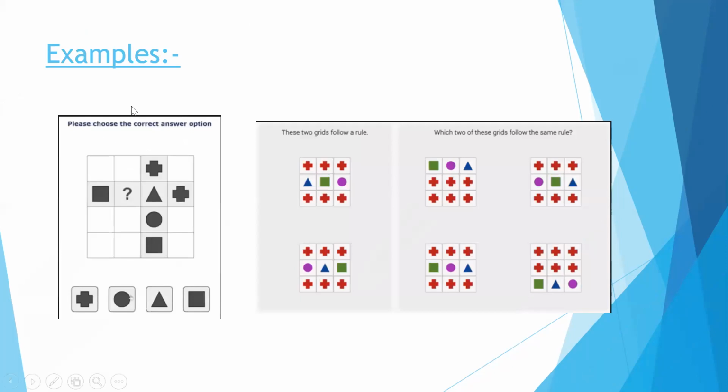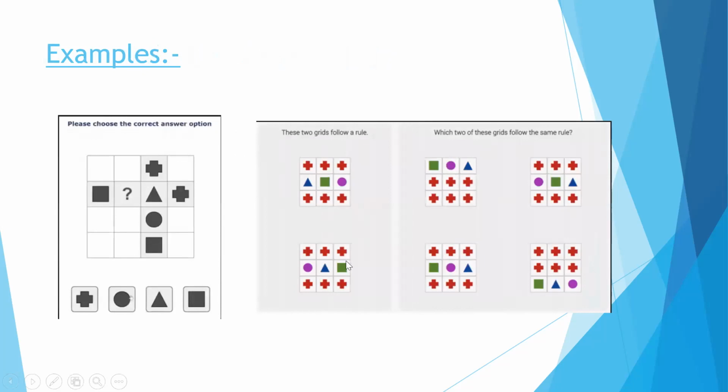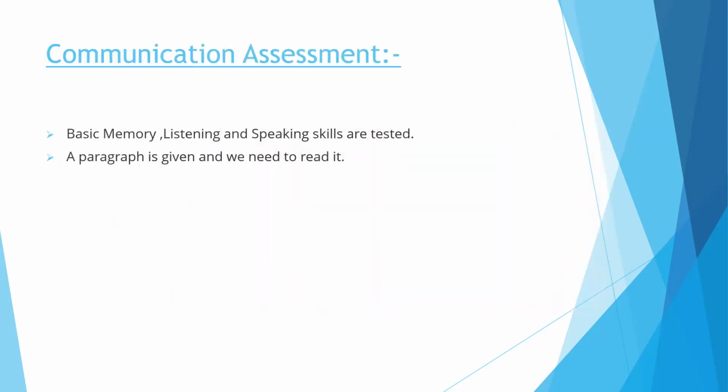These are some of the questions, game-based aptitude and other kinds of questions, which you can get. Here we need to find which symbol will come. The condition is that in every row and every column we need to have a unique shape. So obviously the circle will be a unique shape. On the left-hand side you're given some rules, and the same rules apply on the right-hand side. With respect to that, I need to select.